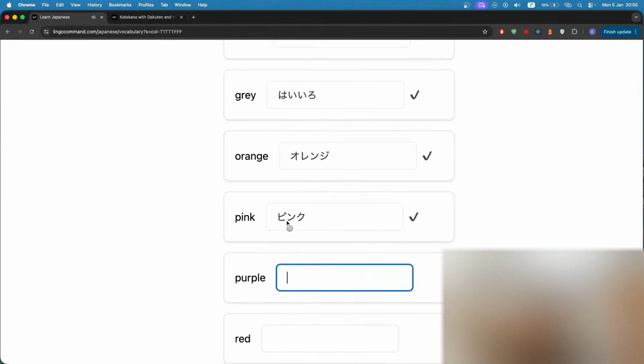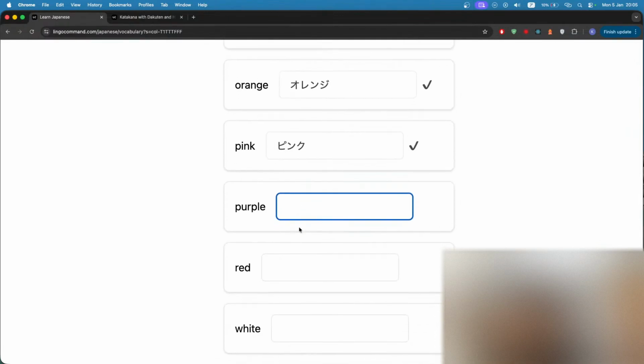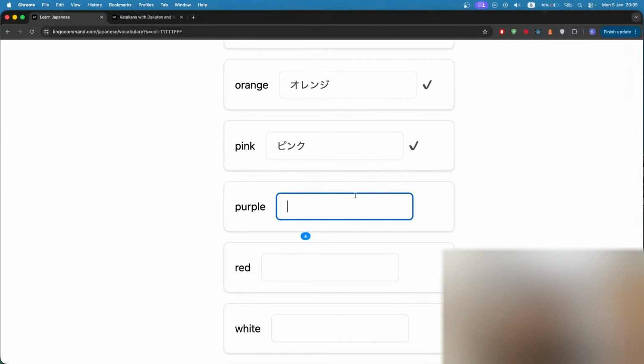And so also, it's not sufficient to just say, oh, it's coming from English, right? P-I-N-K. It's Pinku, right? So you have this U sound at the end. So even though it's a loan word, it's not identical to English. Purple is actually just a Japanese word. It's not loaned from anywhere. And so that's by the way why I'm going to hiragana. And this is